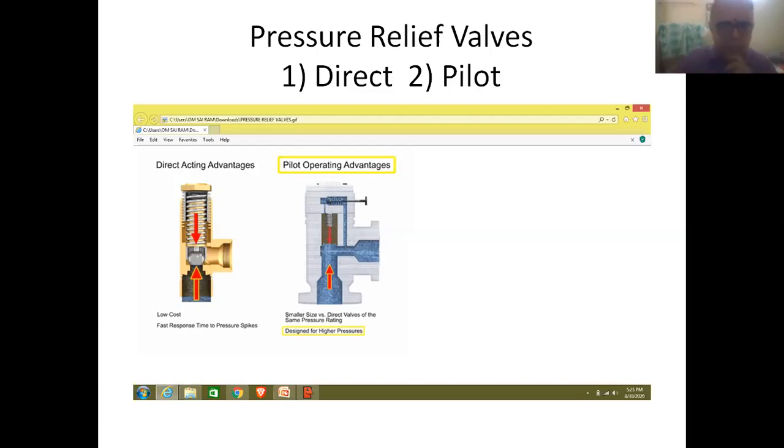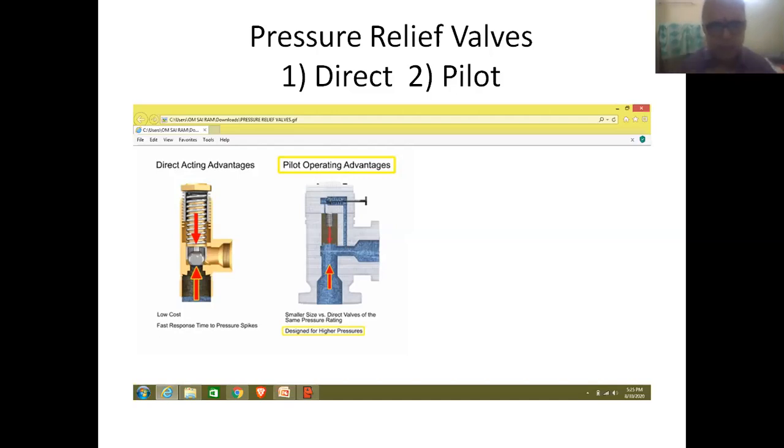And secondly, friends, one branch pipeline is used for connecting the inlet of the relief valve and the inlet of the pilot valve. And another branch pipeline is used for connecting the outlet of the pilot valve with the outlet of the relief valve.